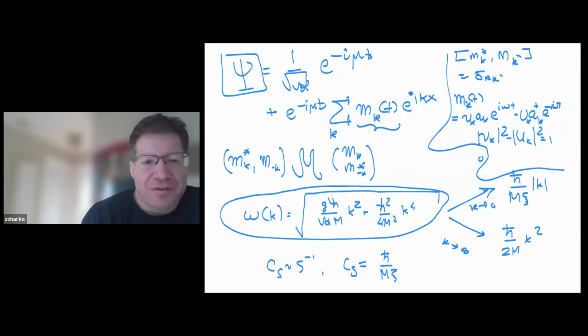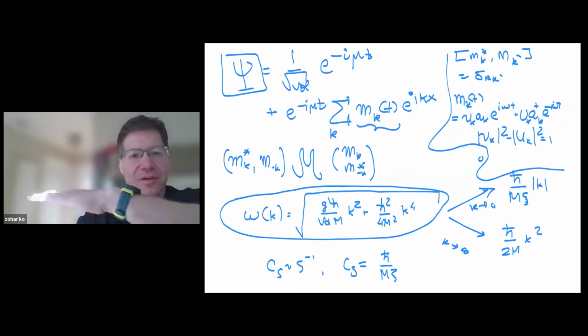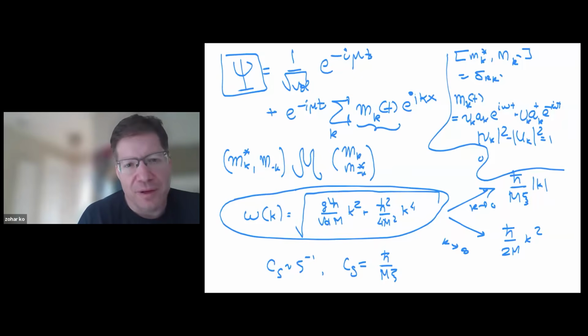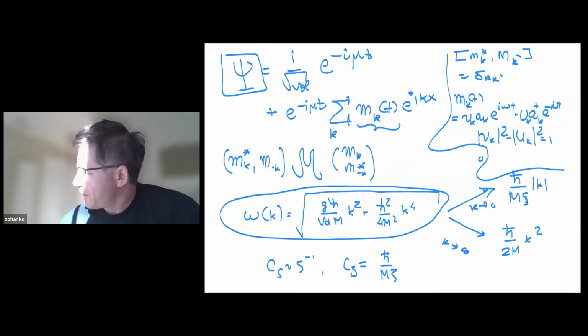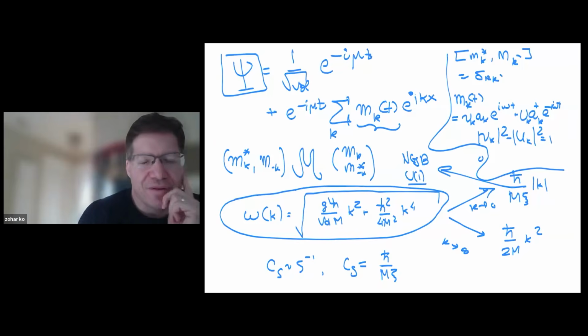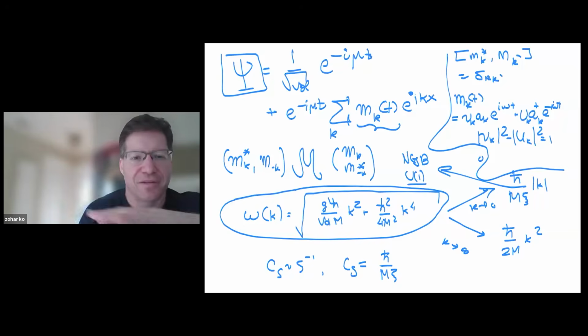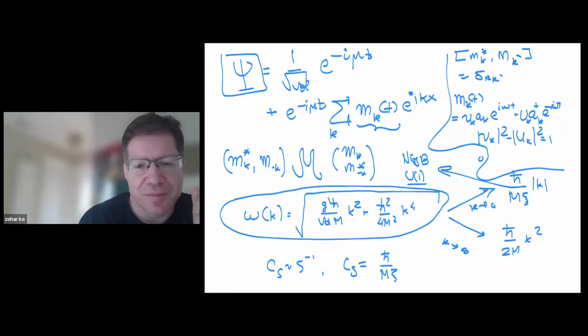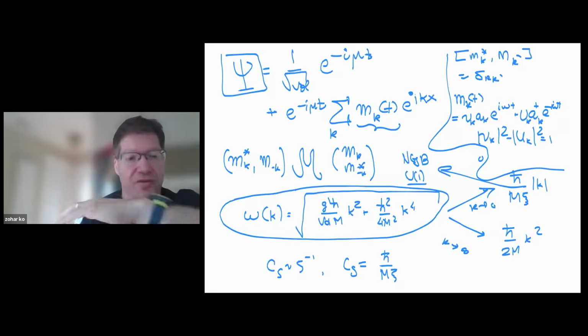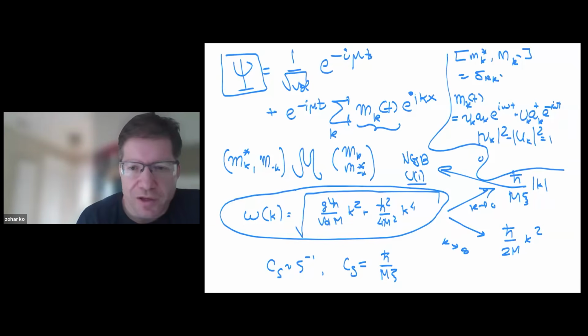One modern way of saying what's going on here is that the fluid, which is the ground state, this e to the minus i omega t, breaks the one-particle symmetry spontaneously. And you can think about those guys as the Nambu-Goldstone bosons of a spontaneously broken U(1) symmetry, particle number symmetry. So the particle number symmetry is said to be broken by this ground state, the fluid. That's a semi-classical limit, yes? In the semi-classical limit, we say that the U(1) symmetry is spontaneously broken by the ground state, and the excitations have this dispersion relation.